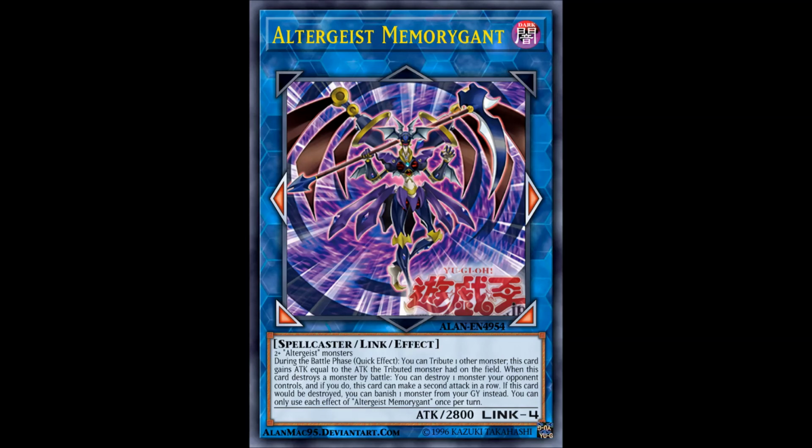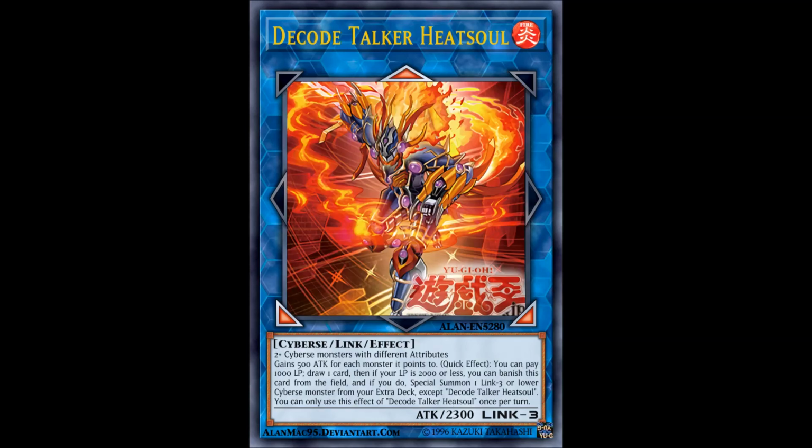And now moving on to Code Talkers, which also got some new support after my original video. First of which is Decode Talker Heat Soul. Has the same link arrows and stats as the original Decode Talker, and it requires 2 or more Cyberse monsters with different attributes. And it's pointless. Very pointless. The only purpose of this thing even existing that I could think of is to